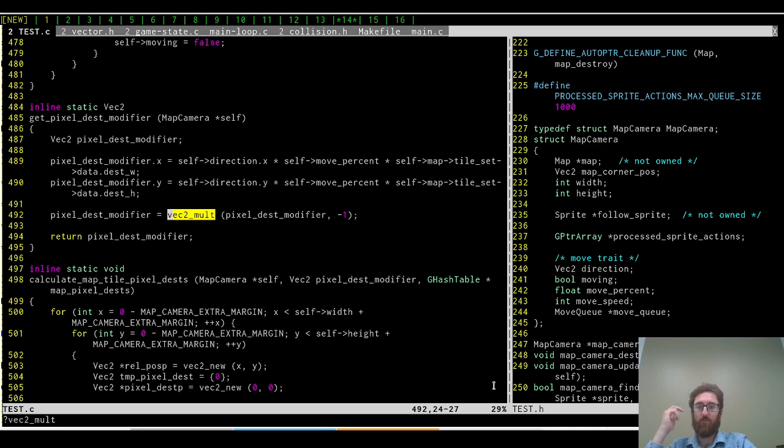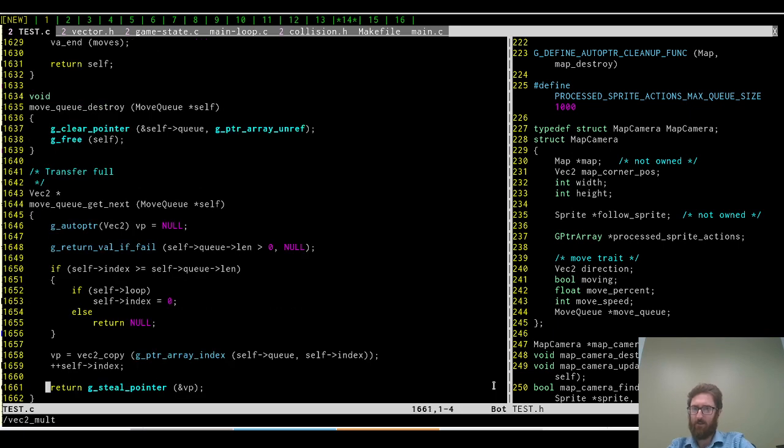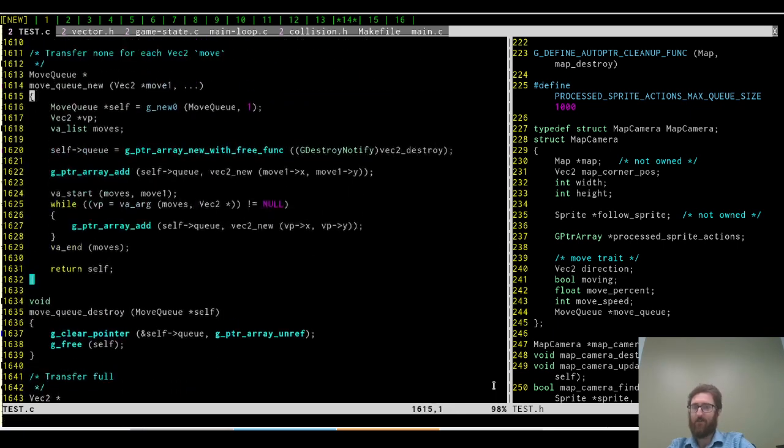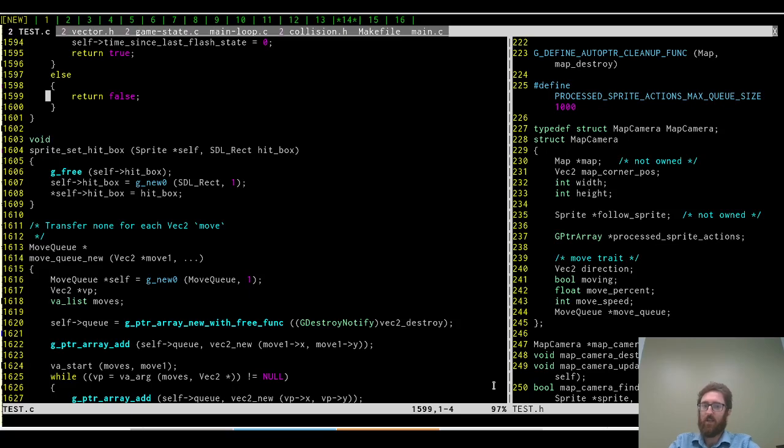It's actually in this helper function. What we do is we adjust the camera, and here's where vectors get useful. We multiply the pixel depth modifier by -1, which just reverses it, which tells us that if the camera was moving a certain way, then move the actual objects the opposite way, but the same amount. And so that's pretty nice. And so anyway, I could go into this forever and ever, but I only had limited time. I just wanted to start talking about what